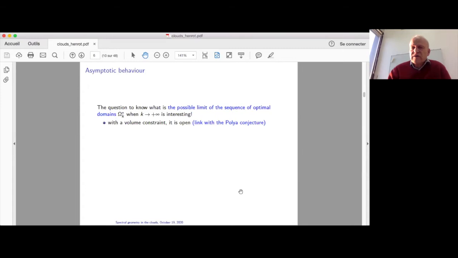Actually, it turns out that in the case of a volume constraint, this question is open. We do not know whether Omega_k star converges to something. It's plausible, it's a conjecture, that it converges to a disk or to a ball. And I say it's an important question because it's linked with the famous Polya conjecture, which claims that, okay, look